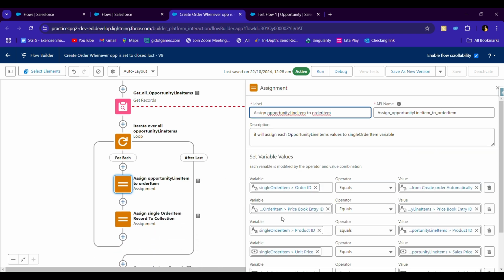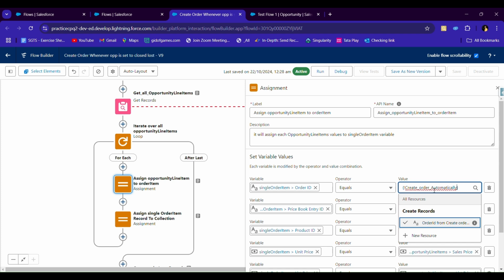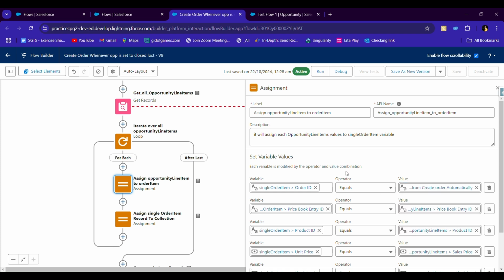In the first assignment element, we have used a single order item variable, where we are creating a single order item record and mapping the fields by getting the values from each element in the iteration of all the opportunity item records. So in each iteration we will